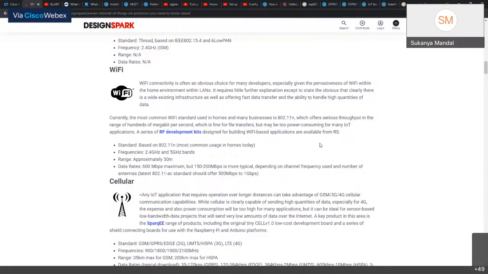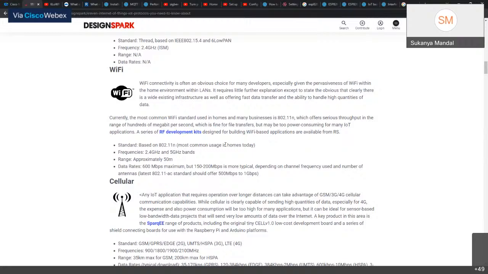It also requires little explanation, except to state the obvious that it's a wide area network. And of course, for Wi-Fi at this present moment, there are existing, quite stable infrastructures, offering extremely fast data transfer and the ability to handle high quantities of data.